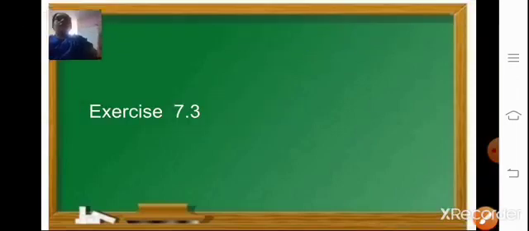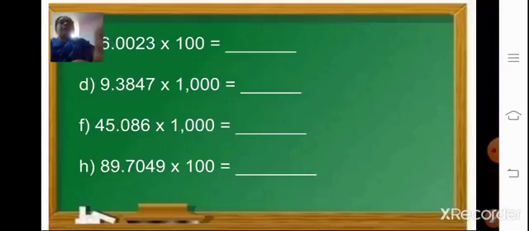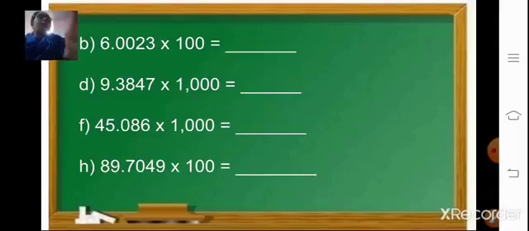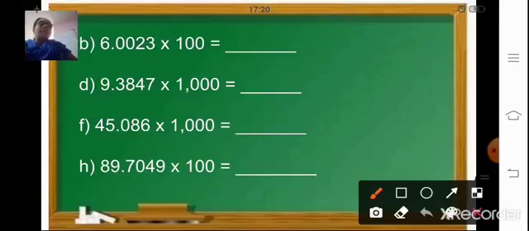Yes. Let us start with our exercise sums. Exercise 7.3. Here this sum you can do in the textbook itself. Filling the blanks. Question number 3. B1: 6.0023 multiplied by 100. Now it is multiplied by 100, so your decimal point will move two places ahead, that is to the right. So your answer is